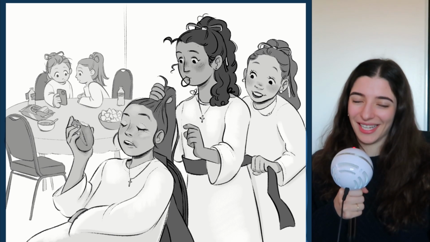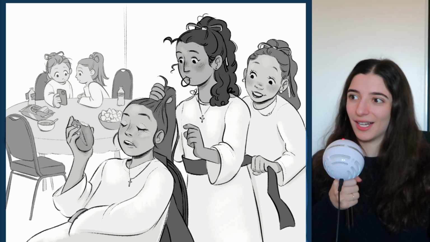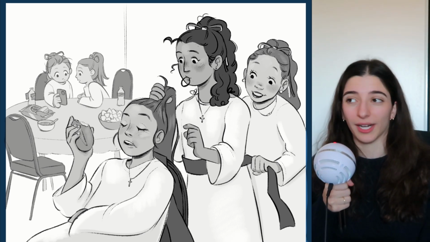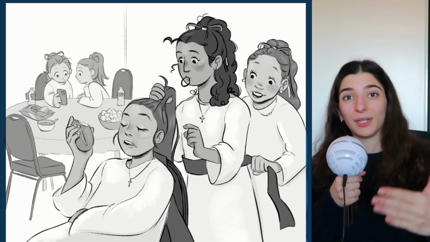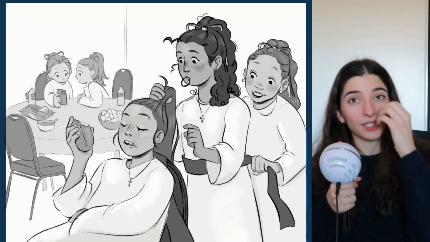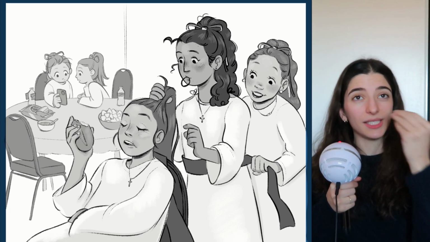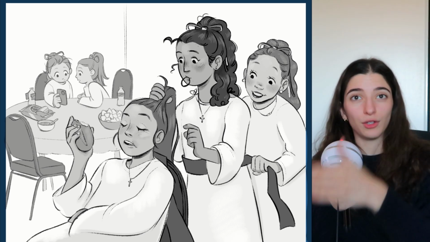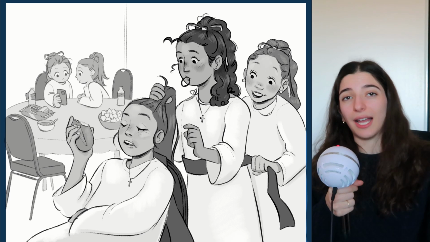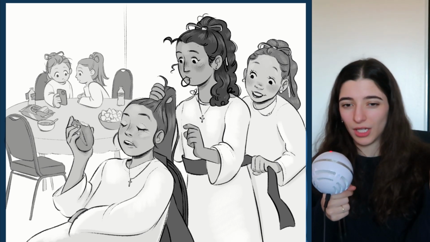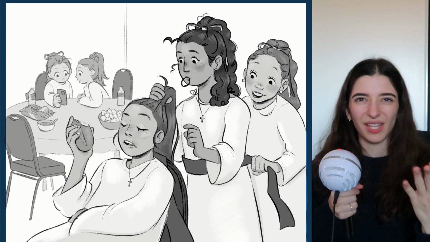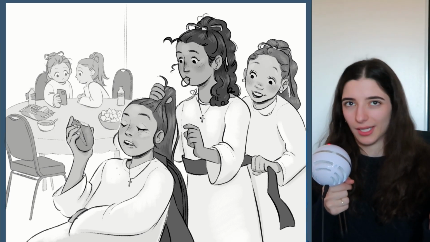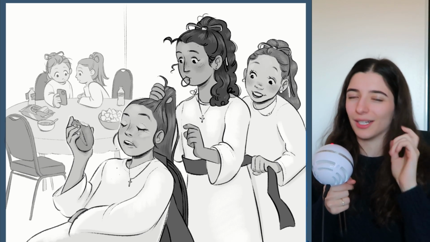From here on out, things did get a lot easier because now I could just sample the values that I already put down to do shading and detail work, right? The same way that I used value grouping to separate the foreground elements from the background elements, I do something similar here where you can see I spend a lot more time adding shading and definition to the three girls in the front, and I leave the elements in the back a lot more minimally shaded. Not nothing, because then it wouldn't match the style from one to the other, but like I'm not going in and doing the detail work that I'm doing in the foreground.